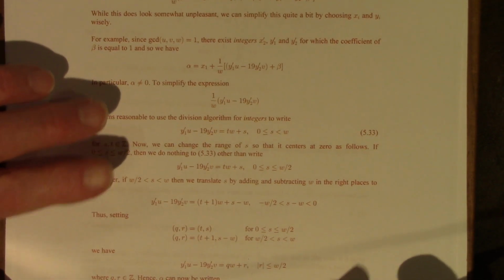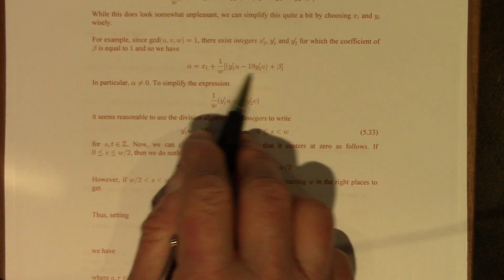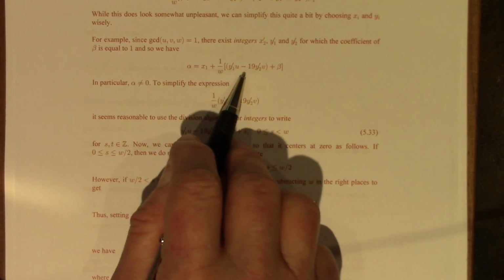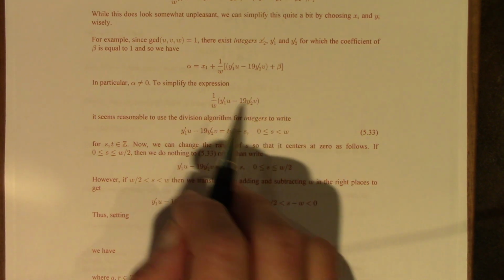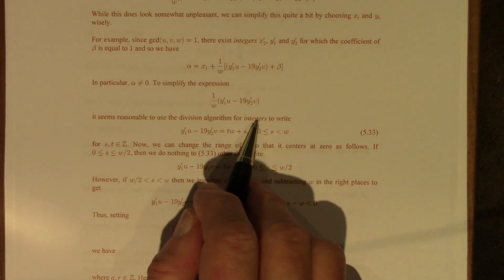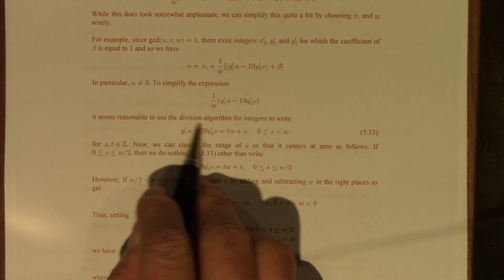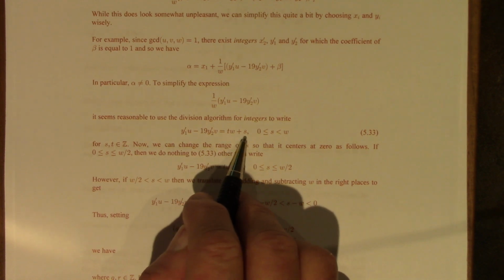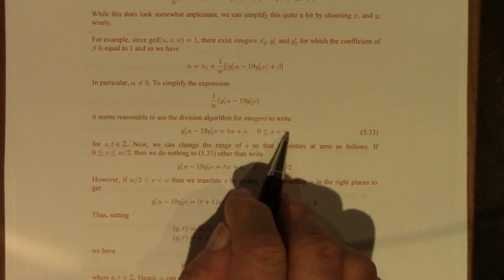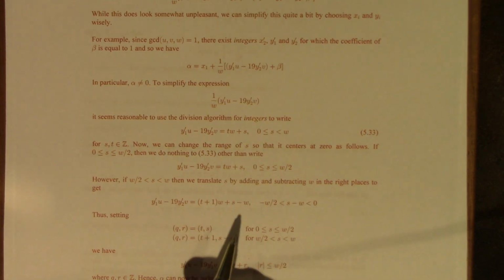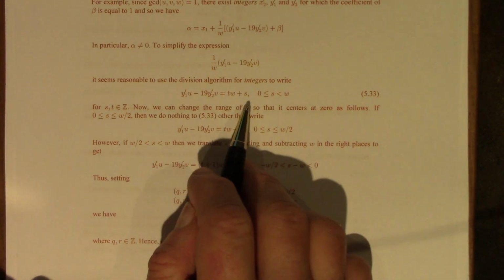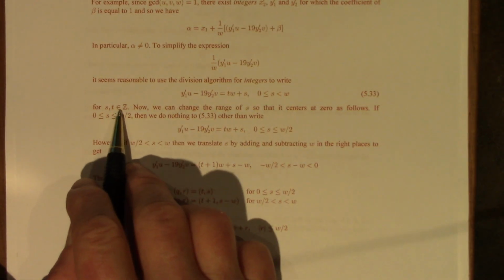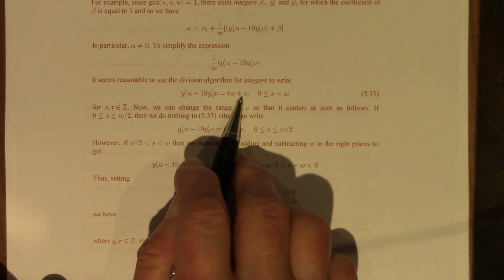Okay. But we can do better. Still don't like this. But we're trying to divide it by w. So it is time to use the division algorithm for integers and write this integer as tw plus s, where s lies between 0 and is less than w. I use t and s. I'm saving q and r for a little bit later use. But s and t are integers. Everything here is an integer now.